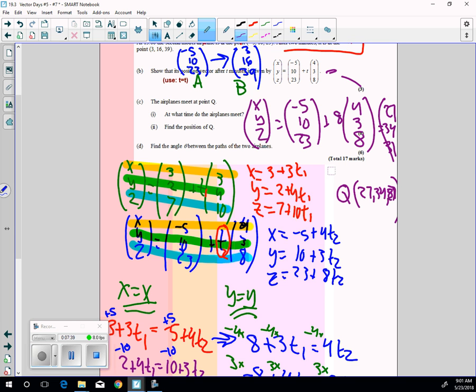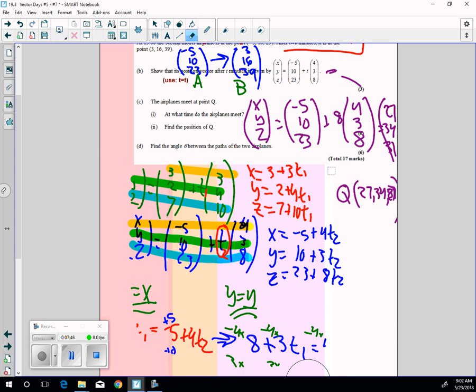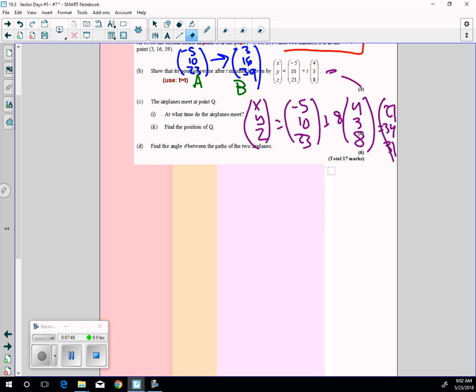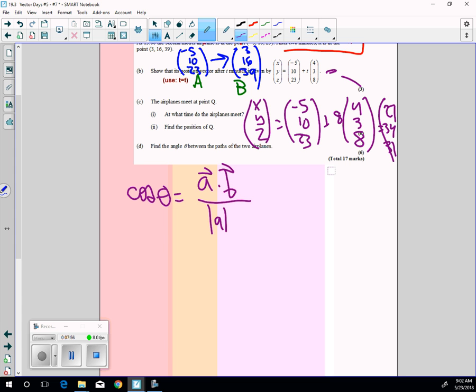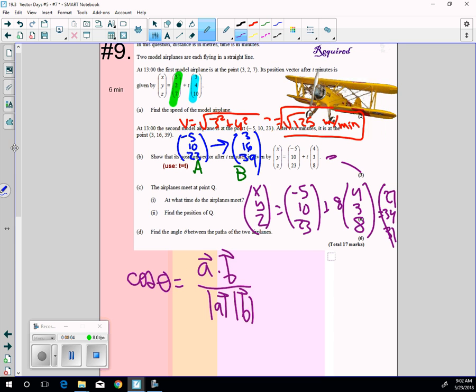Last thing we have is find the angle theta between the paths of the two. So to find the angle between them, the formula looks like this. Cosine theta equals A dot B over magnitude of A, magnitude of B. You could memorize that, but you don't have to. But what you do need to know is which part of these,